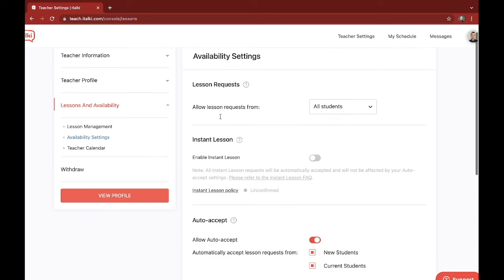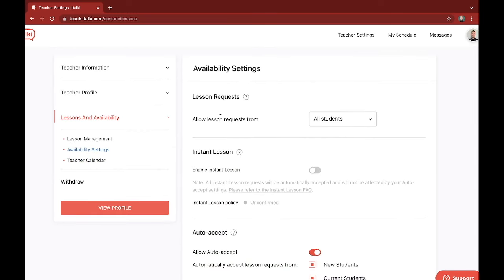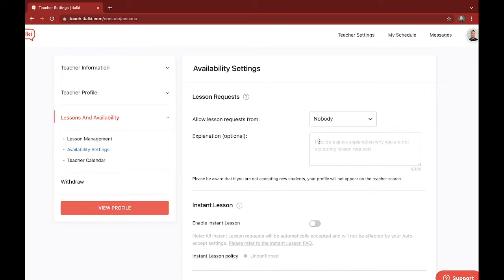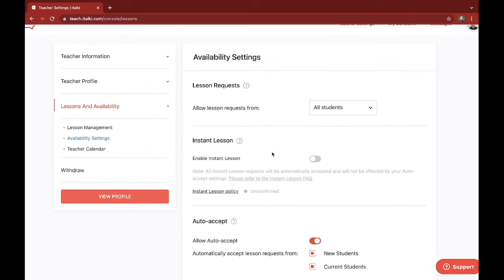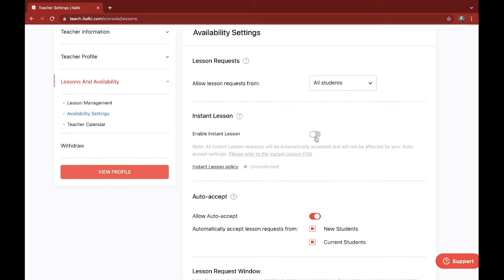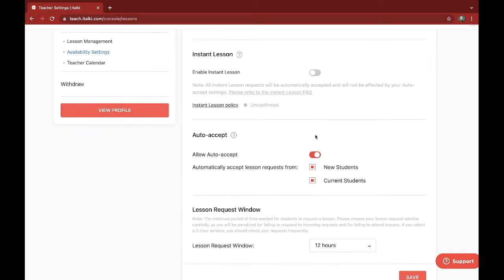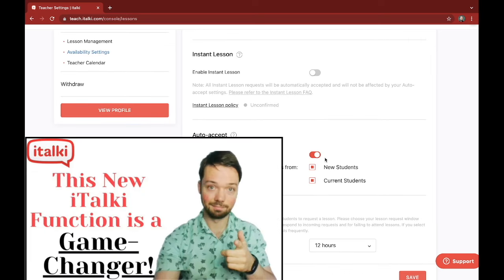Now, in terms of booking, you could accept lesson requests from all students, current students only, or nobody if you wish to. However, if you click nobody, they will ask you why, so you need to be prepared to give them a reason. You could also enable instant lesson, which I speak about in another video, and you could allow